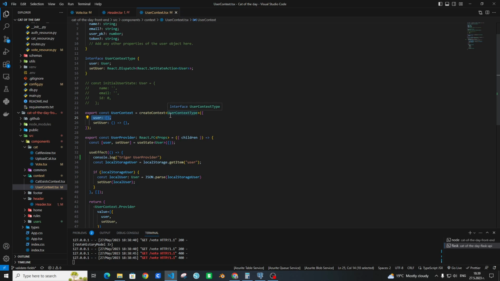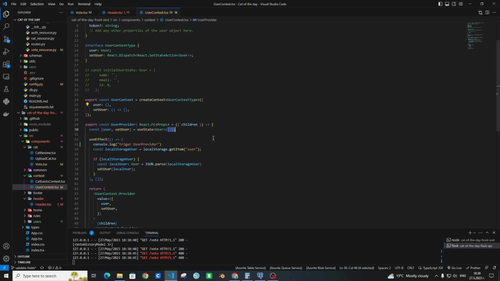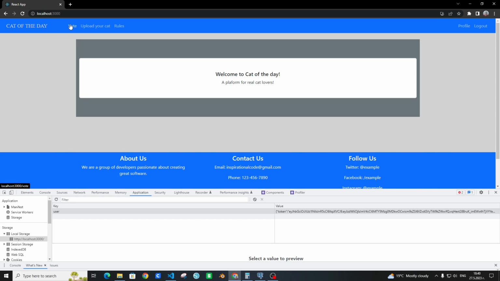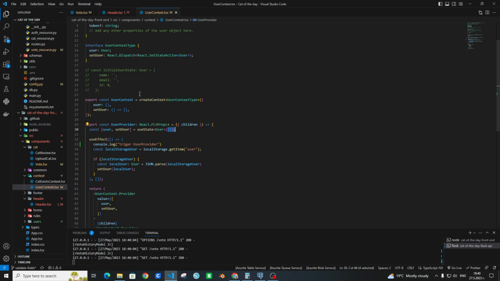Here the same, I have empty object from the user provider. So when we are clicking here, the state is already loaded with the local storage.